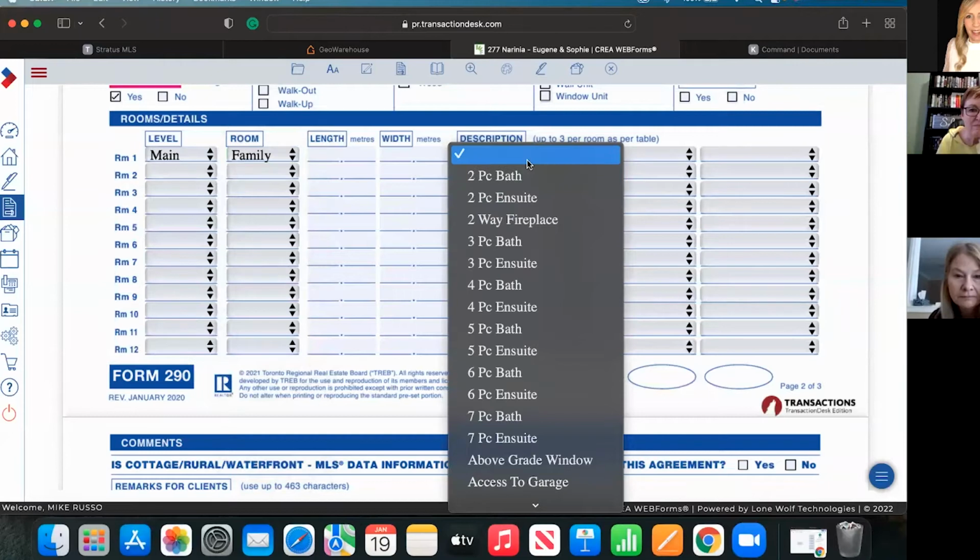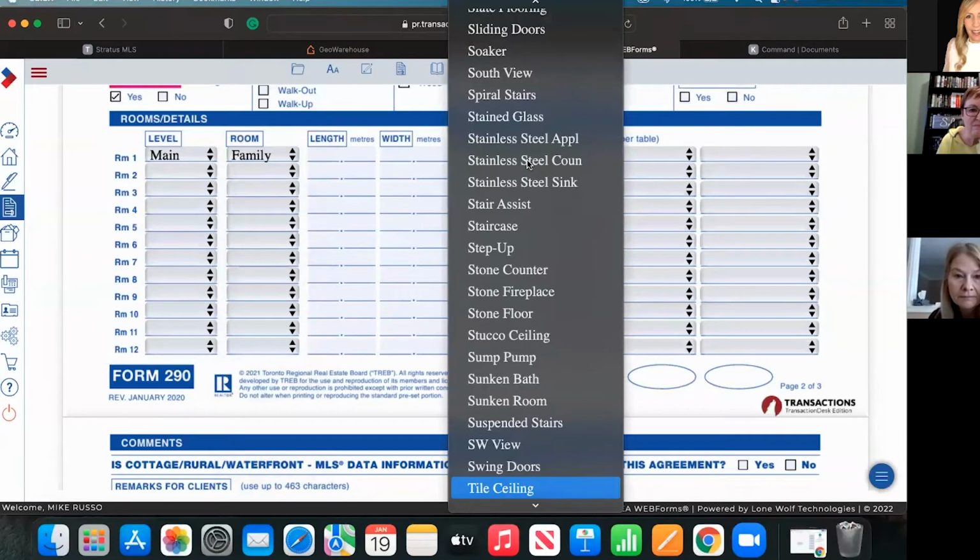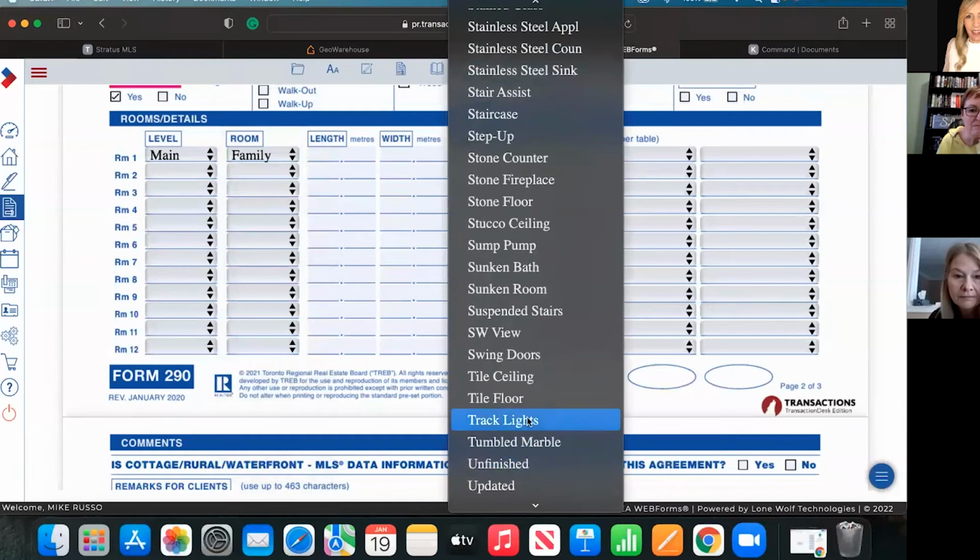So let's say it had tile ceiling. You can actually look at all tile floor, right? Or hardwood floors,